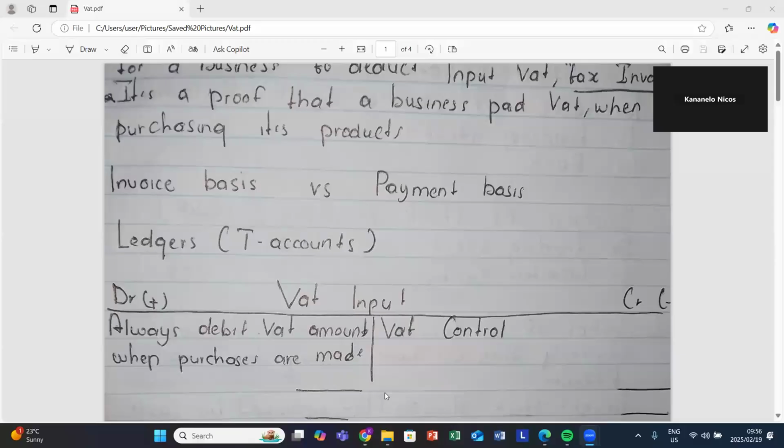The purpose of this video is that we'll be doing a continuation of VAT. In our previous session for VAT, we only dealt with the theoretical part of it. Currently, I just want us to deal with our ledger accounts, which is your VAT input ledger account and also your VAT output ledger account. So on our last session, we said that